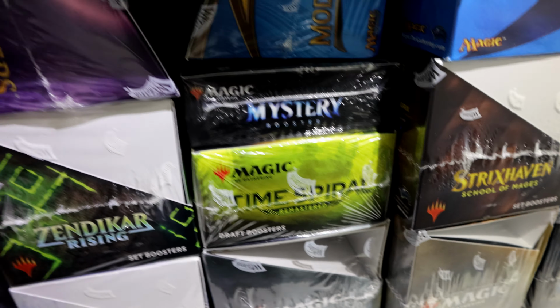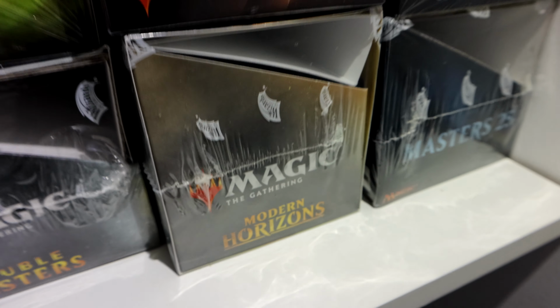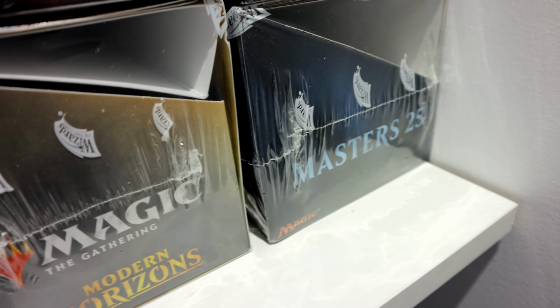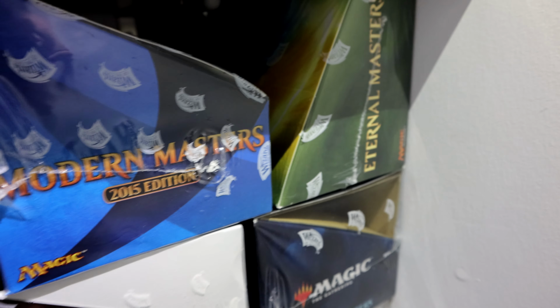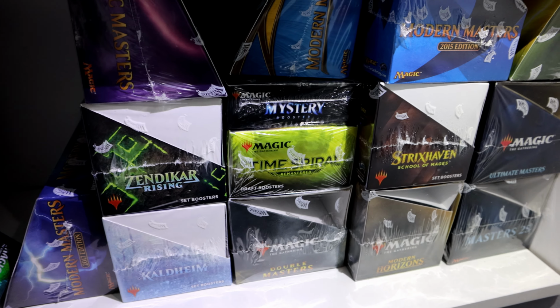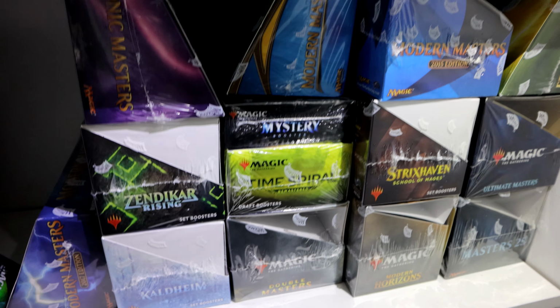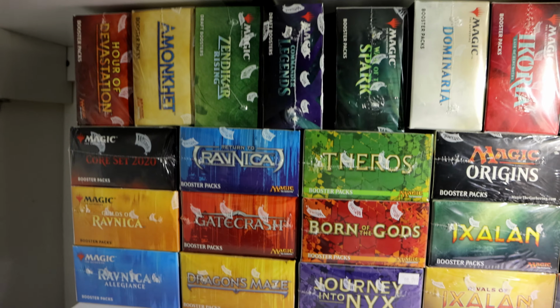Iconic Masters, of course. Modern Masters, the original. This is the 2015 edition. Strixhaven, we just saw that. We got the original Modern Horizons. I can't wait to add Modern Horizons 2. Masters 25, and that's Ultimate Masters, of course. And then we got Eternal Masters. So I got them all. I don't think I'm missing any. That should be it. And here are all the regular